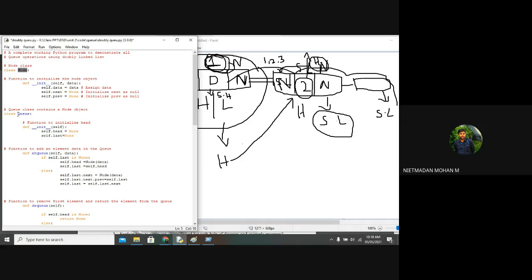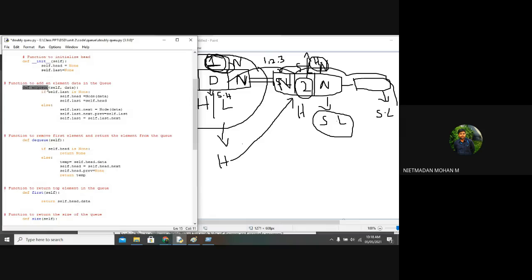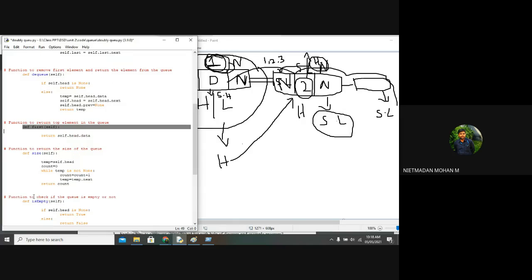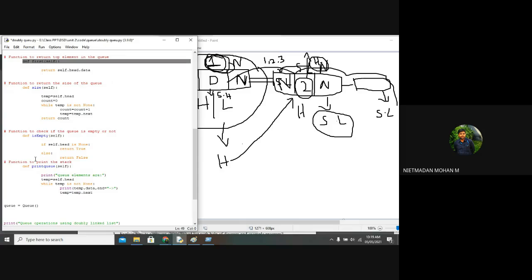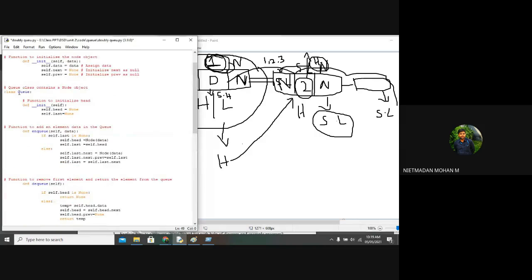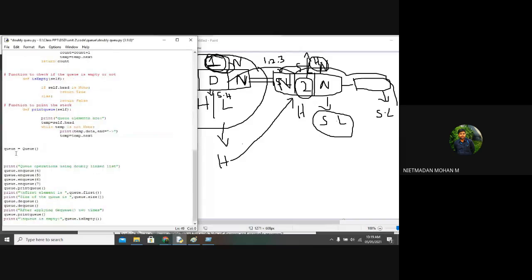When you create an object for the Q class, by using that object we can access these functions: enq, deq, first, size, is empty, print q. These are all the functions inside the Q class. For accessing these functions, we create an object for this particular Q class.